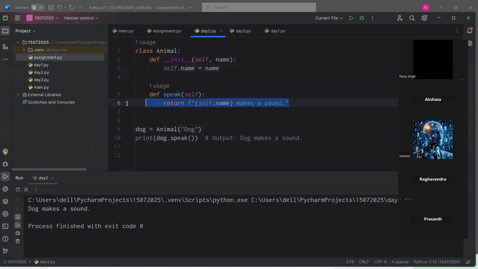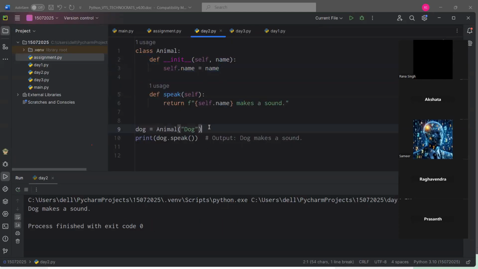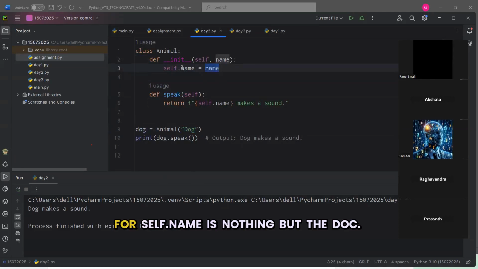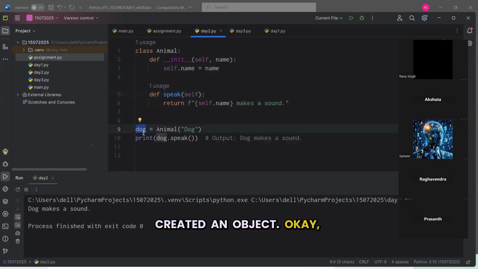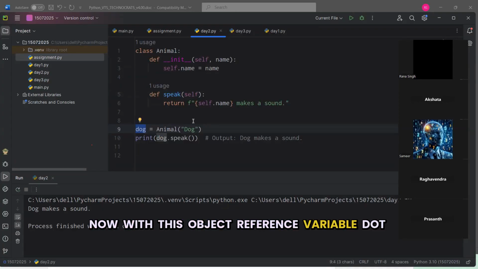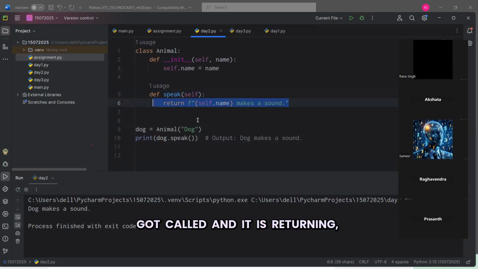Now, this is the instance method. Any method needs to be called, but this method does not need to be called because we have created the object. This variable got passed, and the value assigned for self dot name is nothing but the dog. This is an instance method, but this method needs to be called. So how do we call it? We have created an object. Now with this object reference variable dot method name, this particular method got called and it is returning